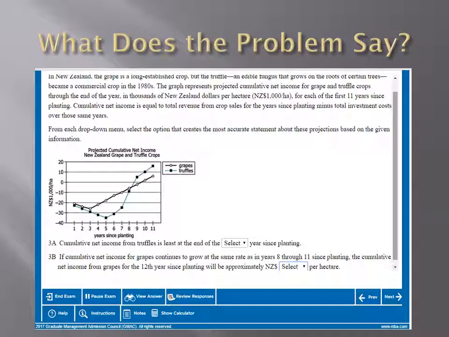So then we can see we have a graph, and on the vertical axis we have New Zealand dollars, in 1,000 New Zealand dollars per hectare, and across the horizontal axis we have the years since planting. And then you can see we have grapes and truffles as our two crops, and we have a growth pattern for each of those. So 3A says cumulative net income from truffles is least at the end of the blank year since planting,